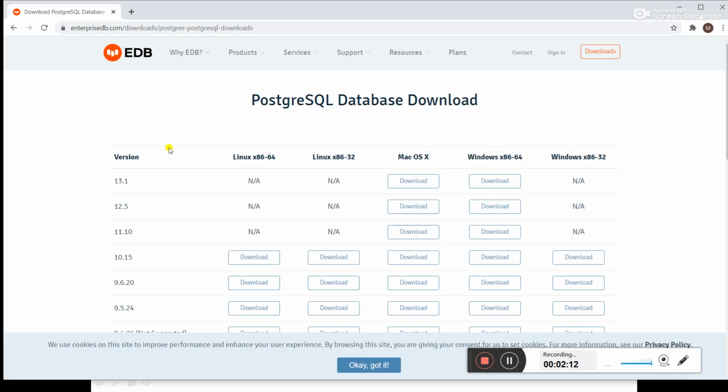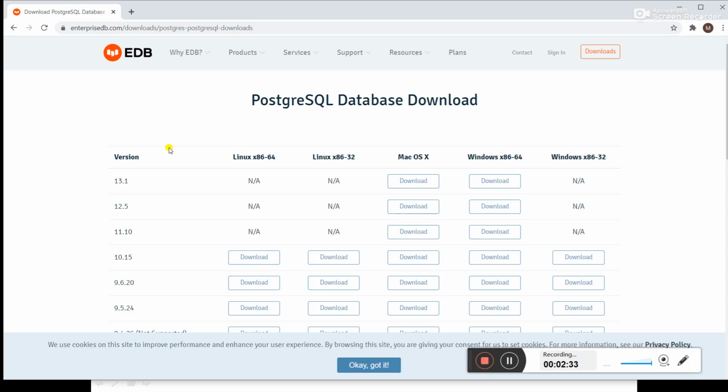When you click on the link, it will open this page where you can find different versions and different platforms like Linux, Mac, Windows. So we are going to download the PostgreSQL database for Windows.